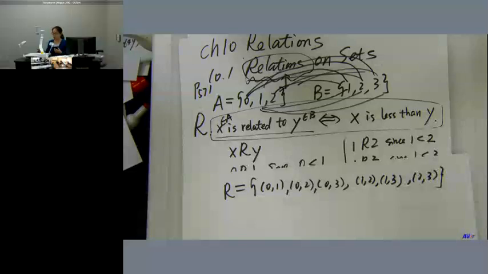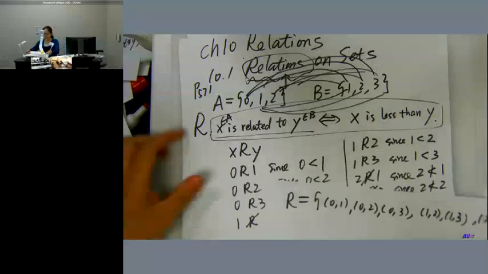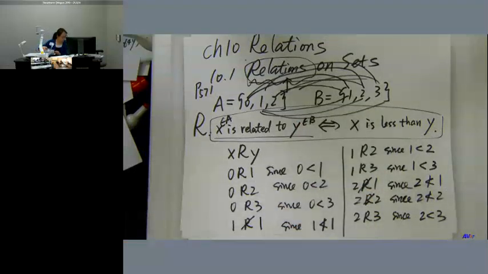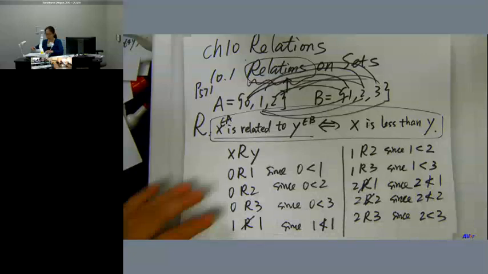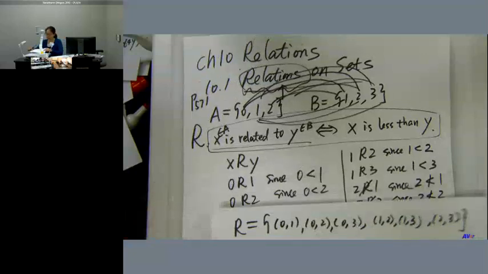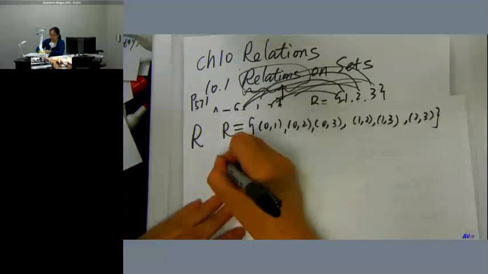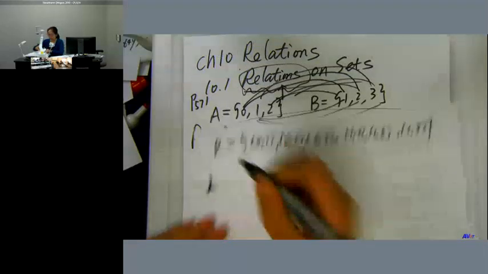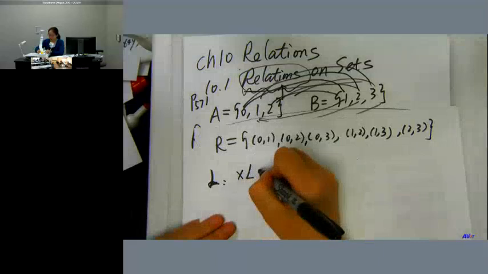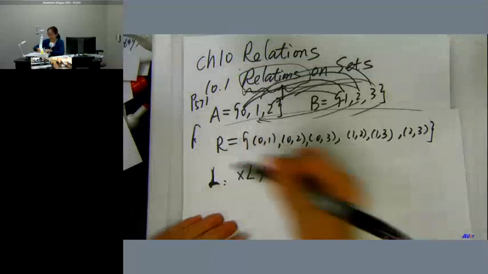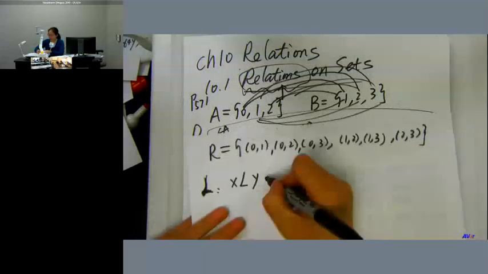Now, next I'm going to change this. Change the relation. Let's define this relation as, maybe, I'm going to use a different name. Let's call it L. The relation L is defined as x is related to y. So this L means related to. x is related to y if and only if